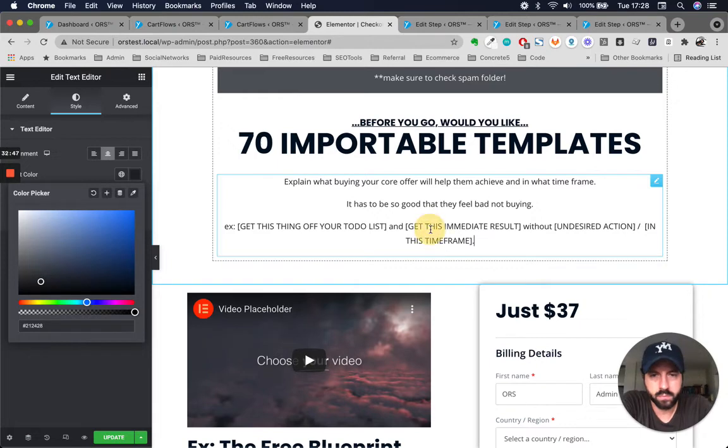Okay. So if you want a small little template that's going to help you explain very briefly in one sentence what they're going to get, then use this. Get this thing off your to-do list. So what would these templates do? Probably what would this template do for them? It would probably build your home page,